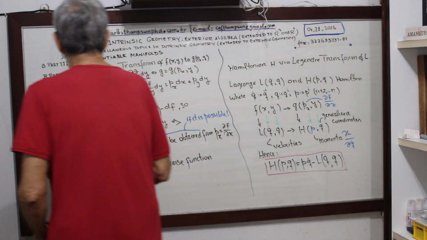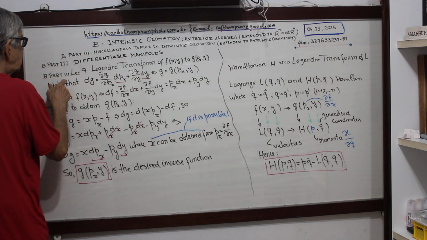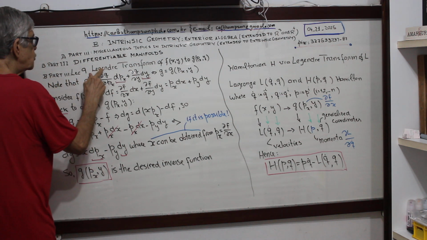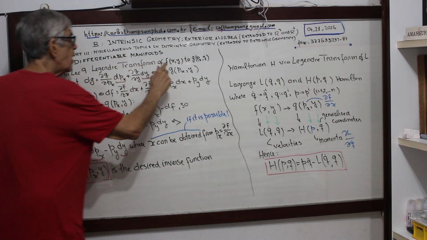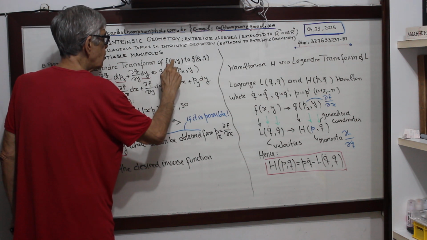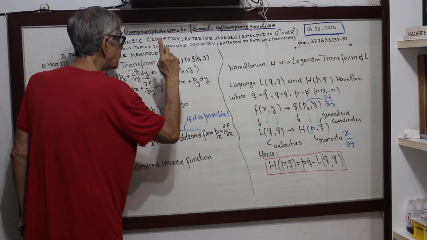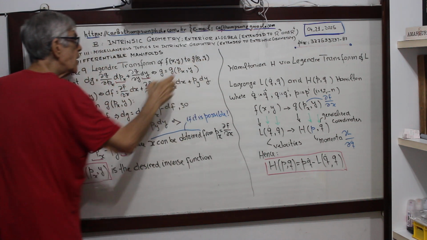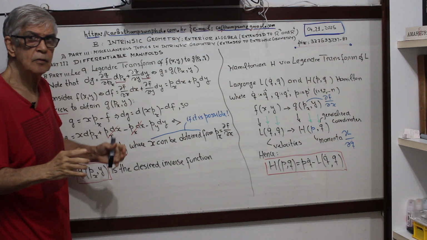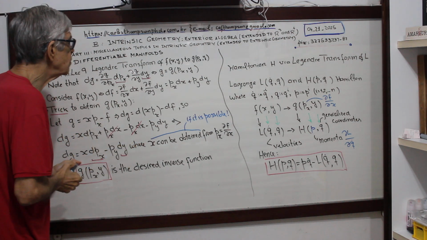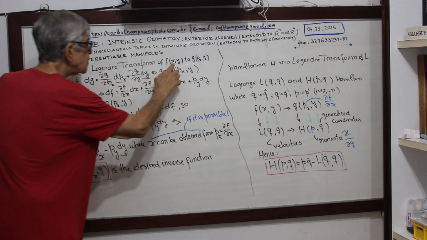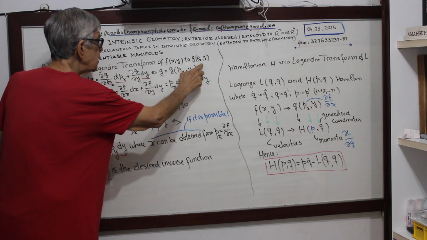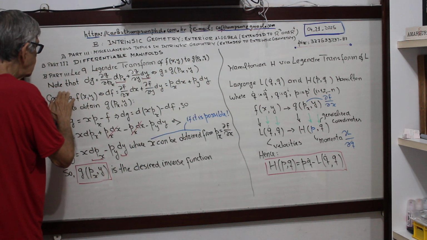Okay. Now, B part 3, lecture 9. Legendre transform of f(x, y) to g, attention now, as a function of px and y. Y here remains fixed, you see? The only x will move to px. Now, note that